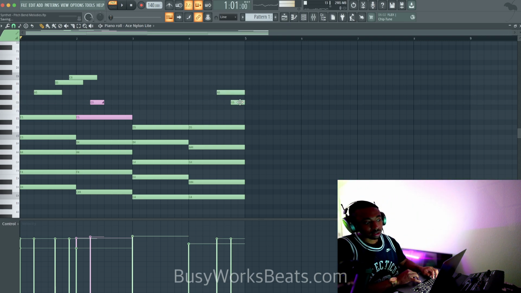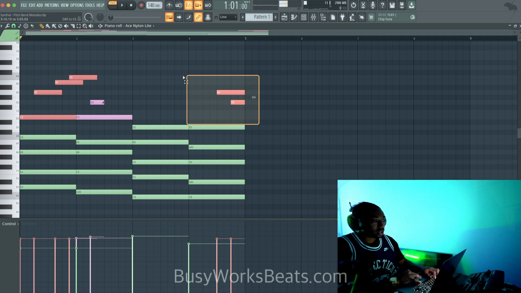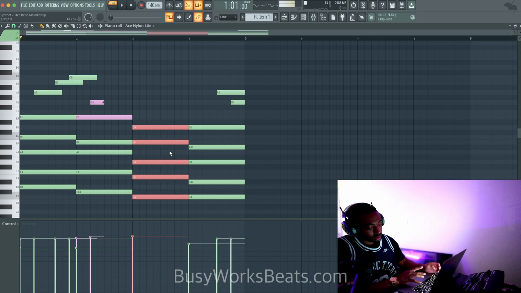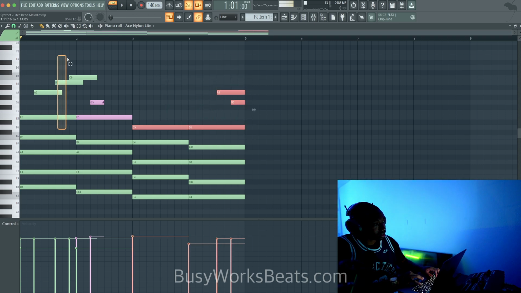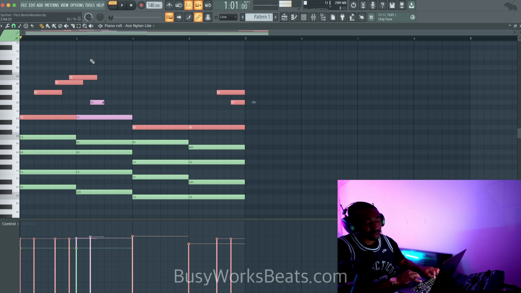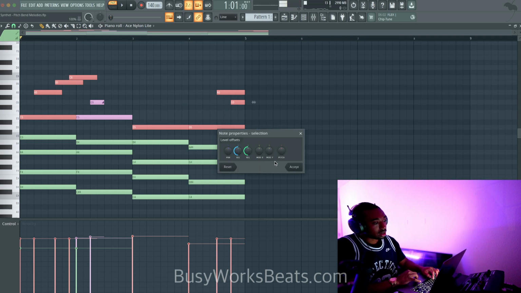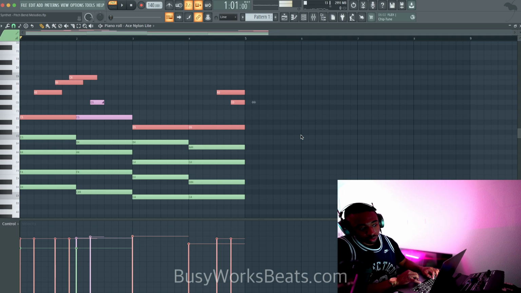Okay, so let's add a little more attitude here with pitch bends. Let's highlight all these notes. Hit Control Shift to highlight all these notes. And here you see how it's all grouped. Hit Alt G to ungroup those notes. So hit Control Shift, highlight these notes again. We need to make these all one MIDI channel. I think we can't. So if we try to double click on a group, it won't work.